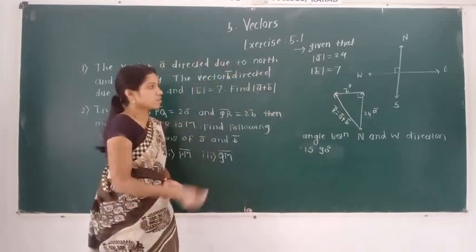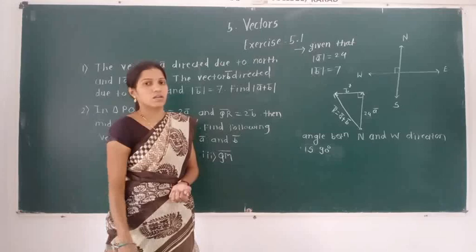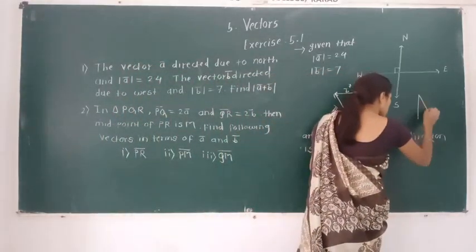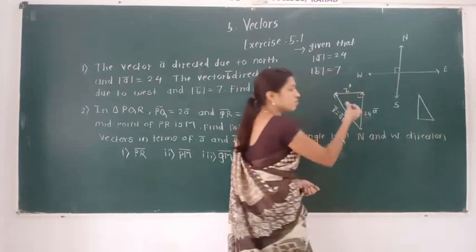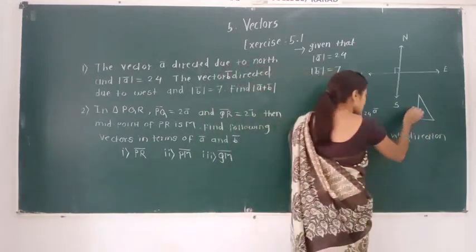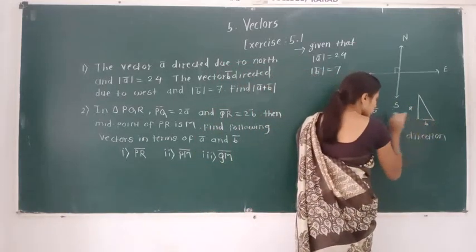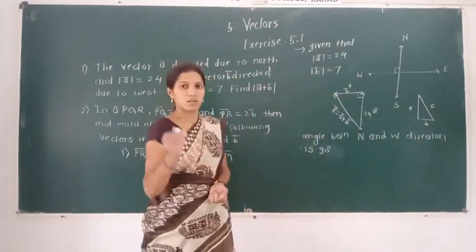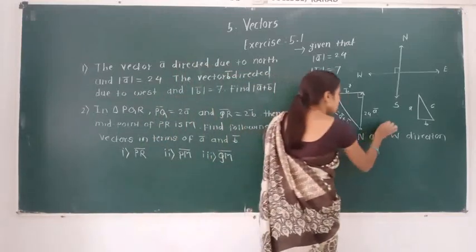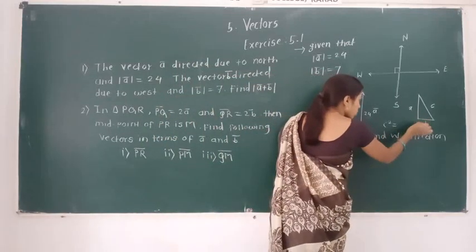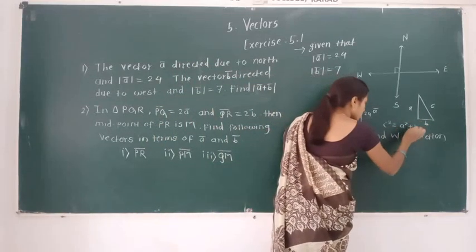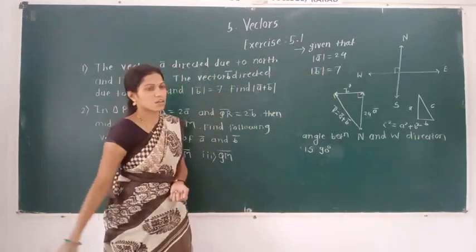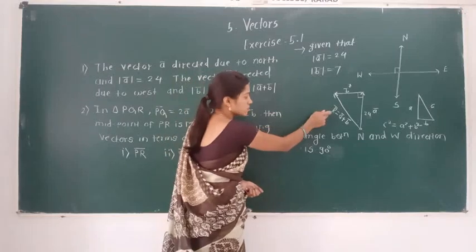Now in that case here we have the triangle. Suppose the triangle is like this, we have to consider this triangle. It is a right angle triangle. This side length we take A, this B, this side length we take C, and by Pythagoras theorem we all know that C square equals the sum of the squares of the other two sides, A square plus B square. Similarly we have to apply the Pythagoras theorem in this triangle.